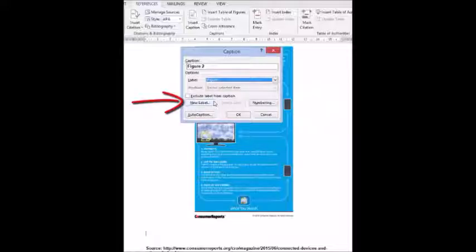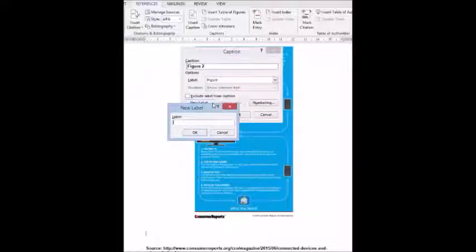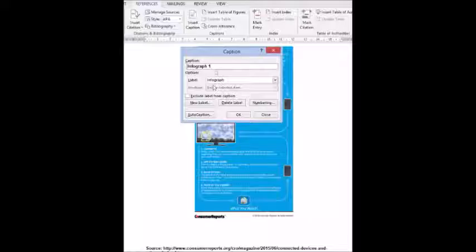I'm going to click on this button here that says New Label, and when I get that up, I see I have a bar in which I can type. Infograph is what I want to put in there, and I click on OK, and it already starts numbering it from 1 for me, which is really great. Infograph, and the title is,